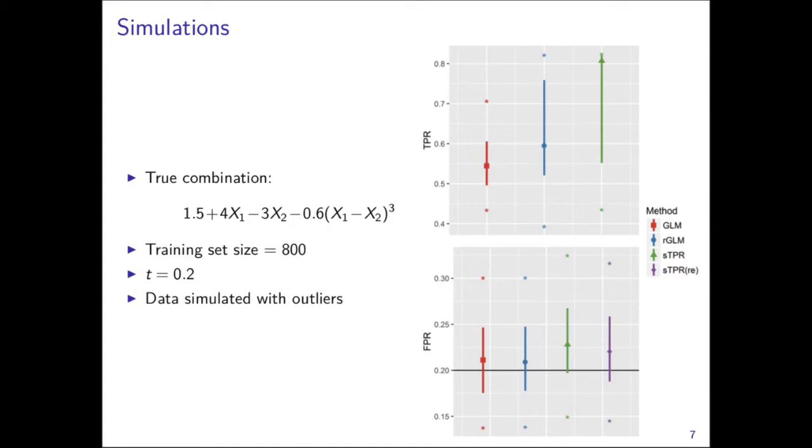We set the acceptable false positive rate to 0.2, so a 20% false positive rate. And then we have a very large test data set where we're evaluating these combinations. So the plots show the true positive rate results and the false positive rate results in that test set. So the little points are the means and the asterisks are the min and max, and then the bars are the middle 95% of the simulations. And we did 1,000 simulations, I should say.